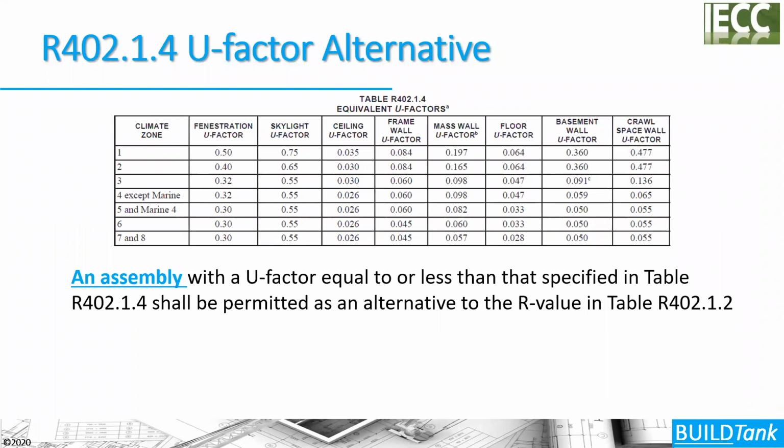Now, the U-factor alternative table is a table that is largely being produced because we need U values in order to do any computer modeling of a home. So this U value is not just the cavity R value, it's also the assembly. It's looking at the total assembly R value for each of the components that are listed here. So to just